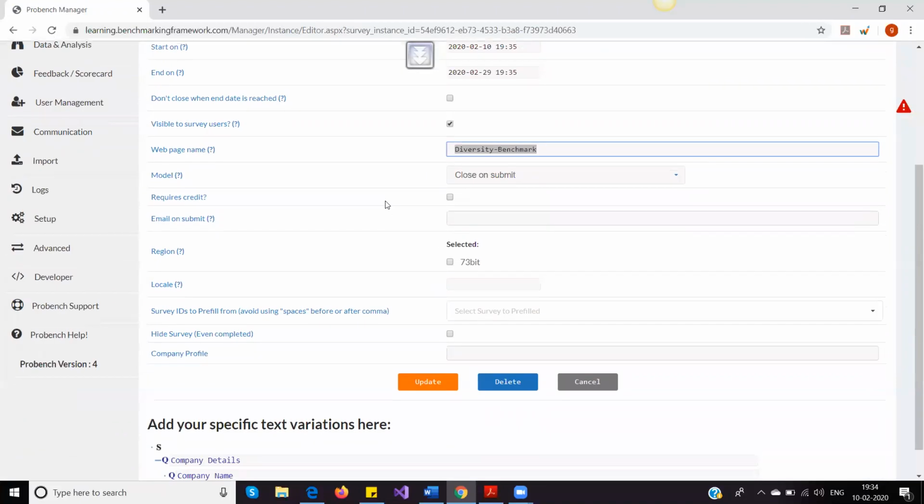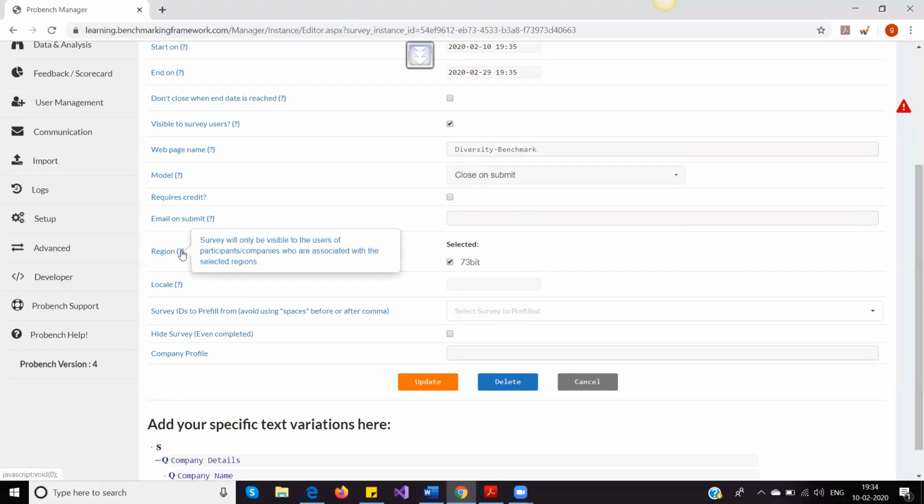The next is the main important step after you have now created the survey, which is to create or select a region. So this is the region. When I go to the help, survey is only visible to the users of the participant or companies who are associated with the selected region. So if you have not selected the region for a survey, then this survey would never be visible to any